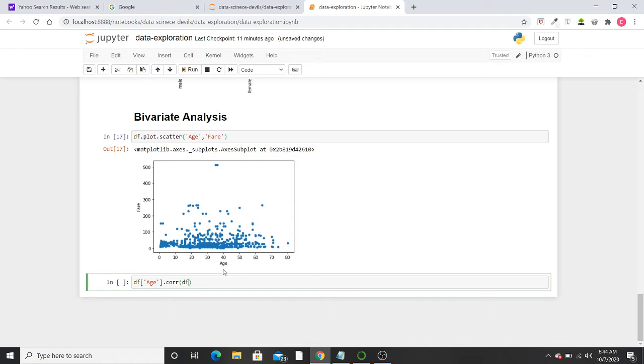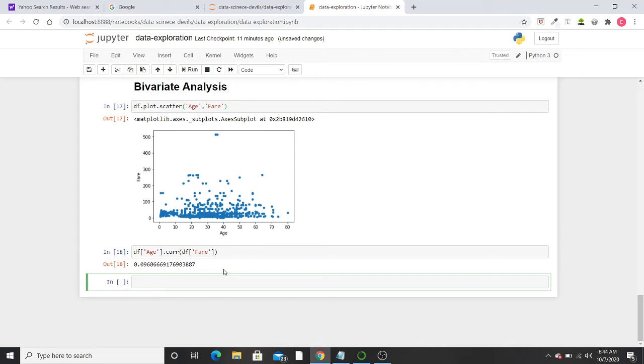In that we pass df and then the second column name, which is here in this case fare. Then hit shift enter. So here as you can see, the correlation between them is 0.096, which is, I can say, approximately 0. So there is no sort of correlation between them.